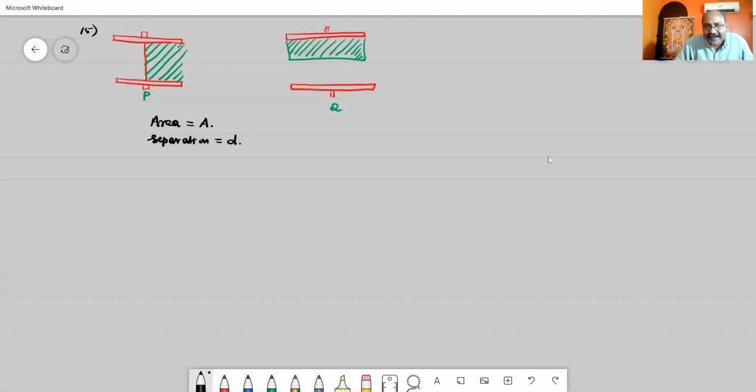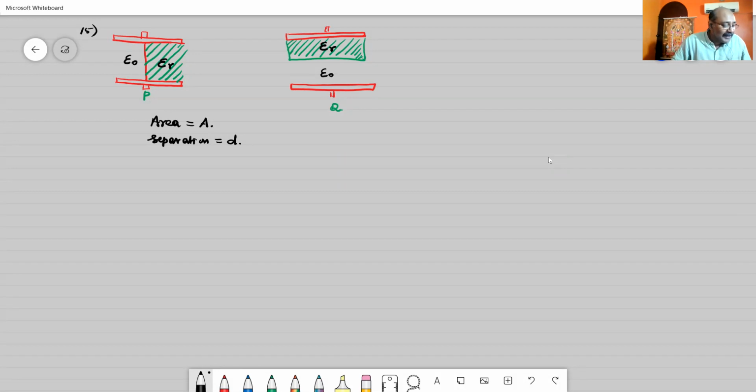In the first capacitor P, this green color line drawn is clearly having a dielectric of dielectric constant epsilon r. Similarly, in the second figure, that is in capacitor Q, the dielectric constant available is epsilon r. The other part is considered to be R. If the other part is taken, then it has the value epsilon 0, the permittivity of the air medium.